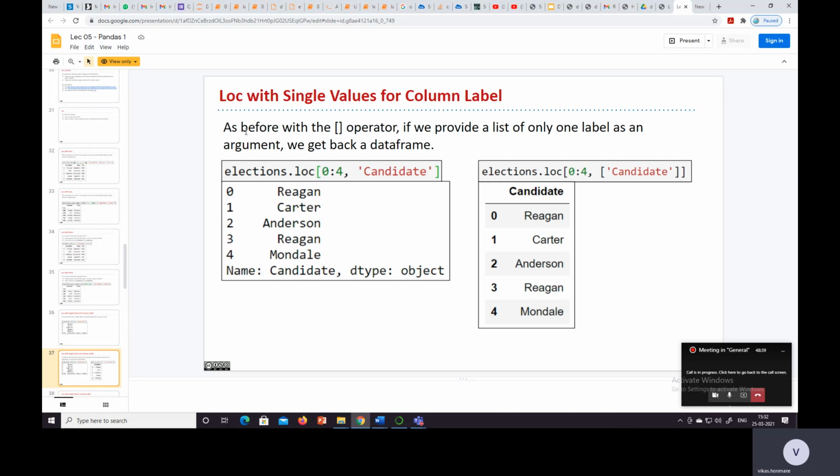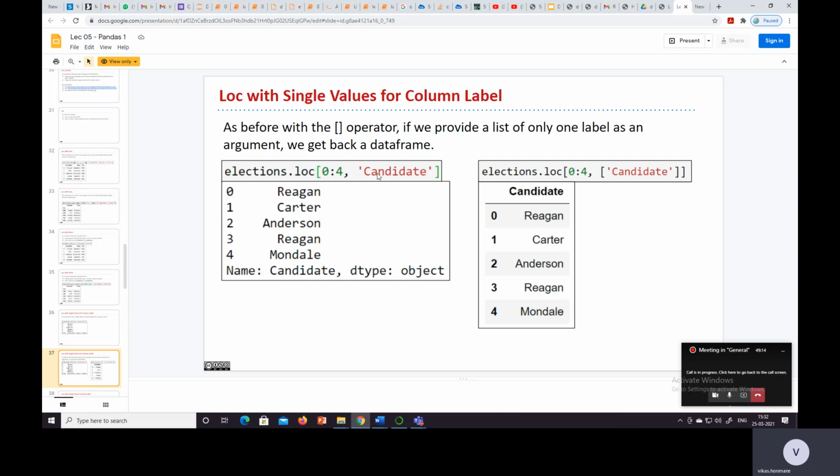But as before with the square bracket operator, if we provide a list of only one label as an argument, we get back a data frame. So instead of using a simple column name, if we use the square bracket operator and provide the column name, then we get a data frame. That is the difference between when we get a data frame and when we get a series.